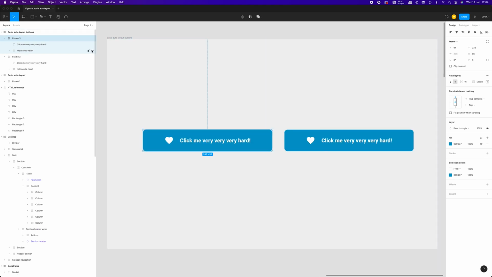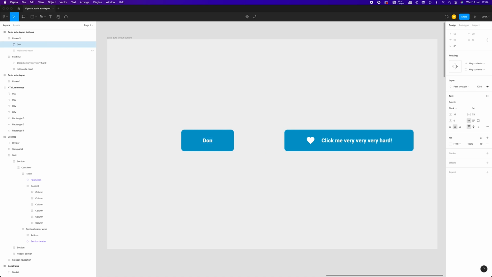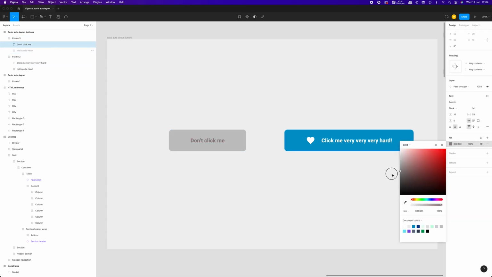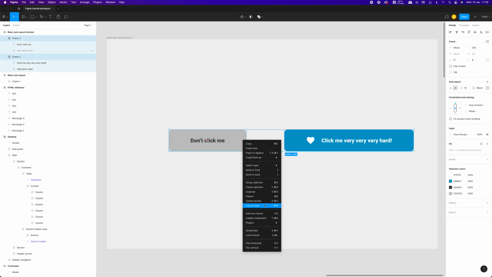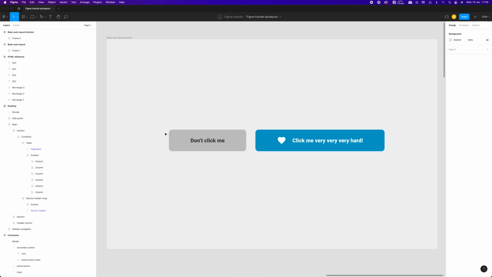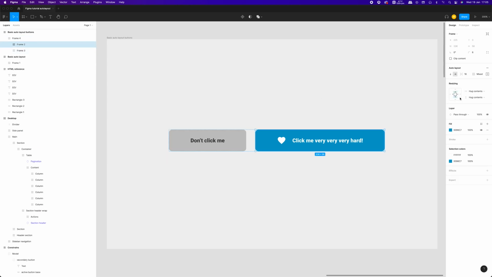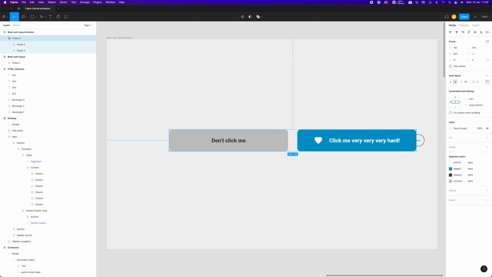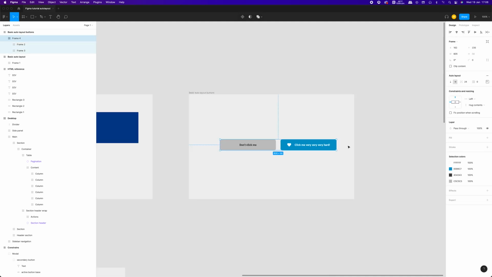Now let's copy our button and adjust it to reflect a secondary action. As you can see, when we turn off visibility of the icon, our button immediately adjusts its size, maintaining set constraints. Let's create another auto layout from our buttons. If we would like to resize it now, it won't work. We need to select our buttons in the layers panel and then select a new option in the properties panel, fill container. Our buttons gain some degree of flexibility and can adjust to the width of other layout elements.